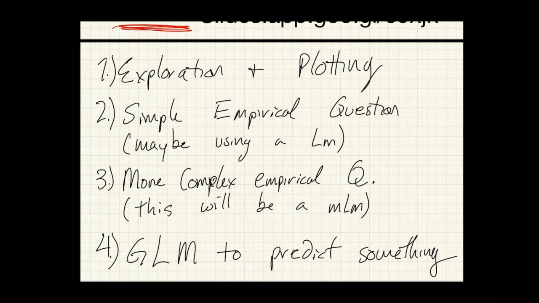If I tell you, using a multi-level model, allow the relationship between, let's say, age and price to vary by country, then you need to turn that into a statement of a model and fit that. If I say, use a logistic model to predict whether or not a wine is a Bordeaux using its price and rating, then you'll need to do that.